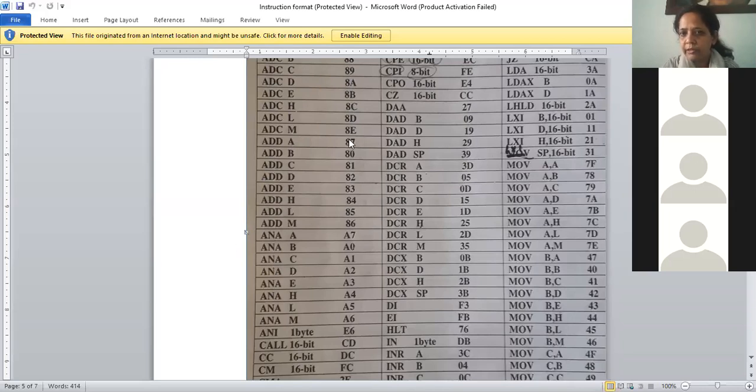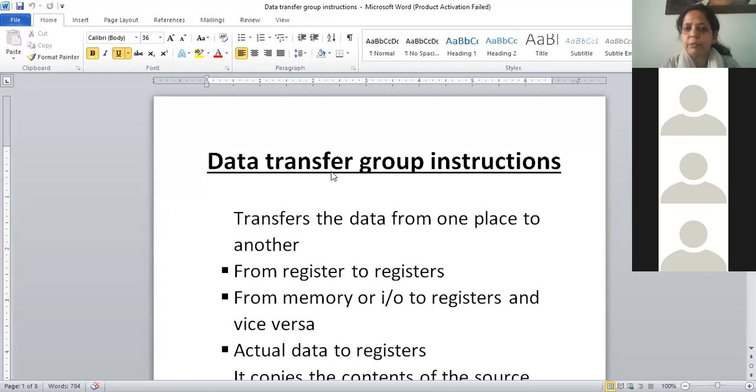In the theory exam, you just have to write these mnemonics. You don't have to write the hex code. So no opcode sheet will be given to you at the time of the theory exam. In the practical exam, the opcode sheet will be given to you. 306 and 307 are the page numbers of the Supekar book, if you have that book with you. So that is how you can convert the assembly language into the hex code, that is machine language.